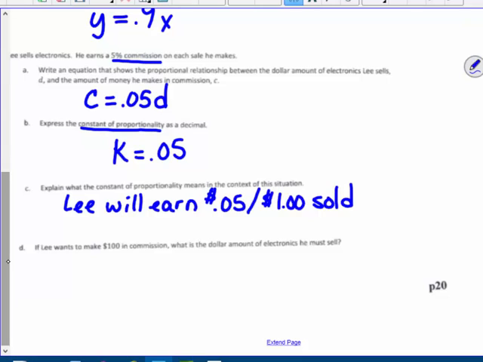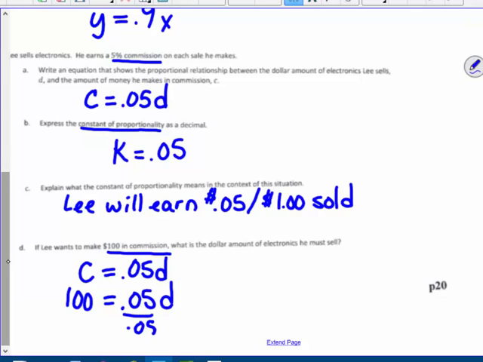So I'm going to go back to A, his commission, use that equation. Commission equals 5 cents for every dollar that he sells. Well, he got $100 in commission. He didn't sell $100, he got $100 in commission. That goes in where the C is. So $100 is 5% of what? Well, if I divide by 5%, 100 divided by 0.05, I'm going to get